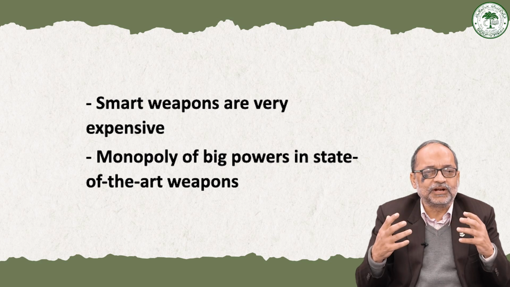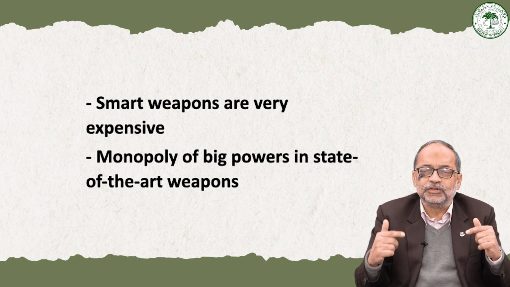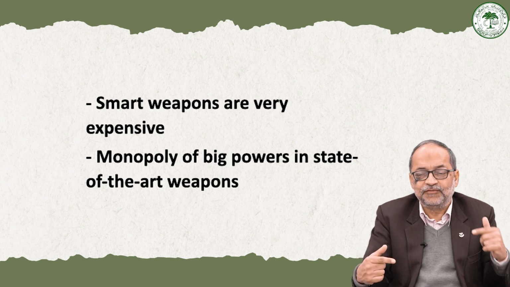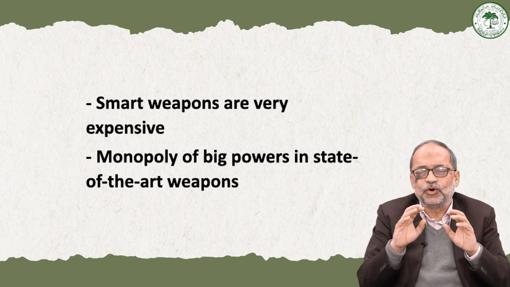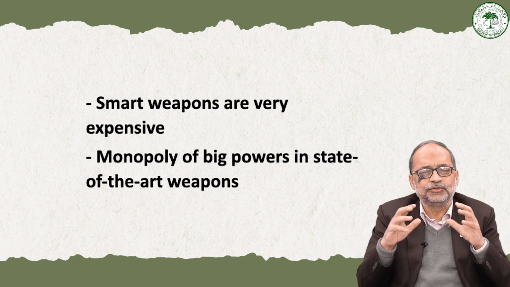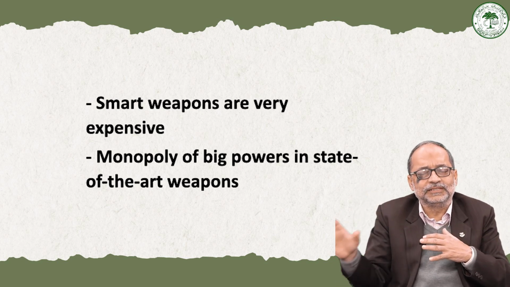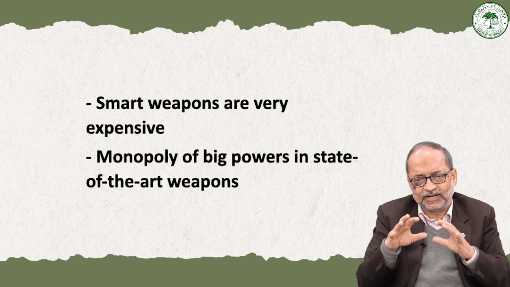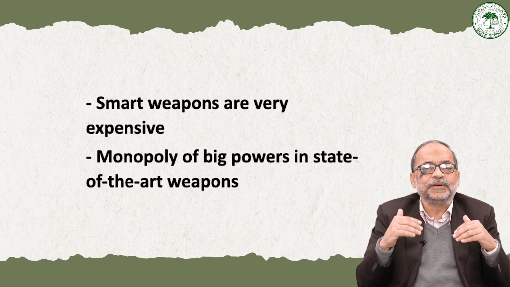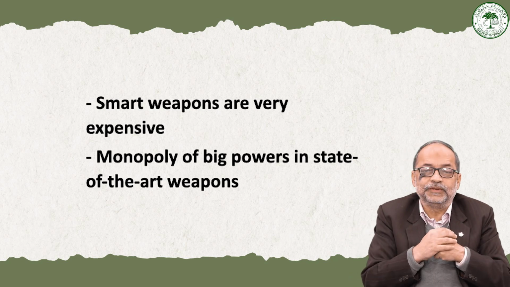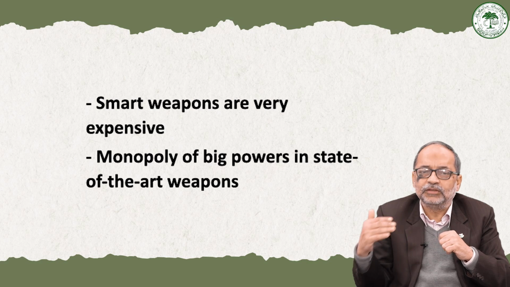So when you have to control a country, eventually you have to be on the ground. Your armed forces, your foot soldiers have to come into play eventually if you want to control a territory. Although if there is a limited objective and you just want to incapacitate the adversary or reduce the fighting power of the adversary, you can just go and bomb them, as the Americans did in Bosnia. There was an air operation, you did that and you came back. But if the purpose is to control the territory in a war, which usually is, the country, however powerful it is, has eventually to get on the ground.